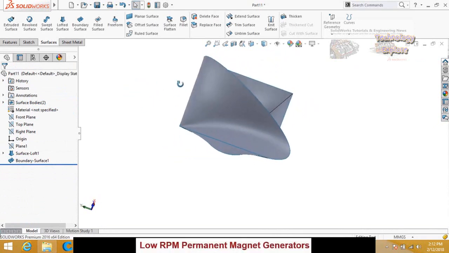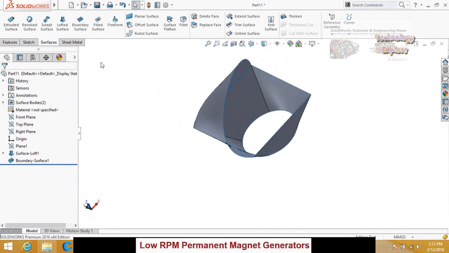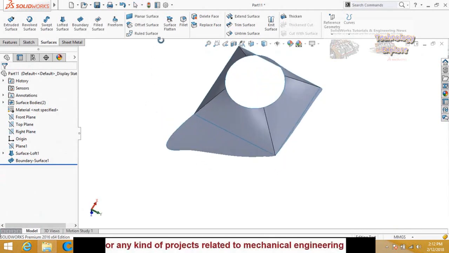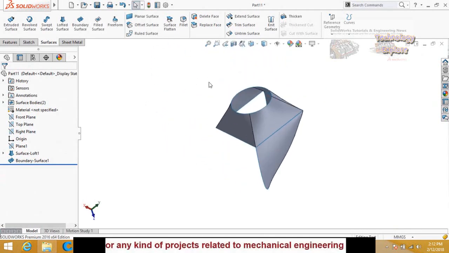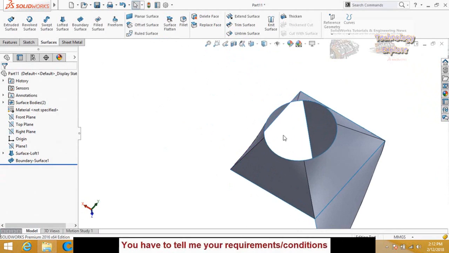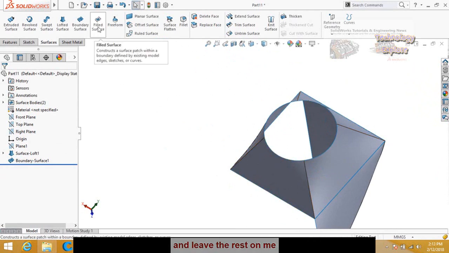Then we have the next command, filled surface. So let me show you how it works. Let's see. So as you can see, this circular edge is empty, and if you want to create a surface on this circular edge, this command will be used for this purpose. So let's start.